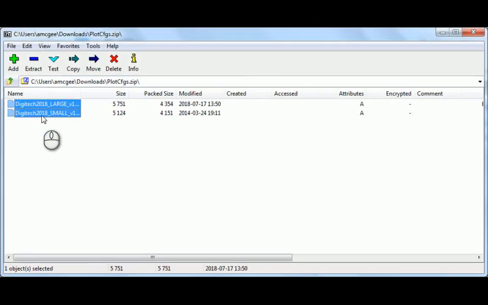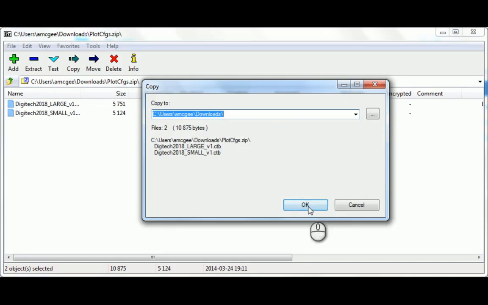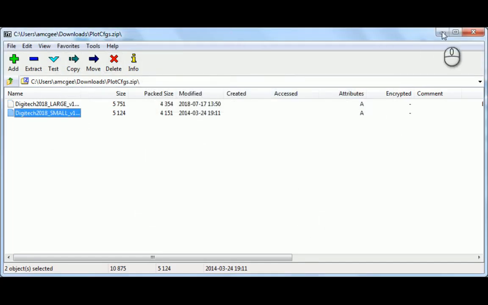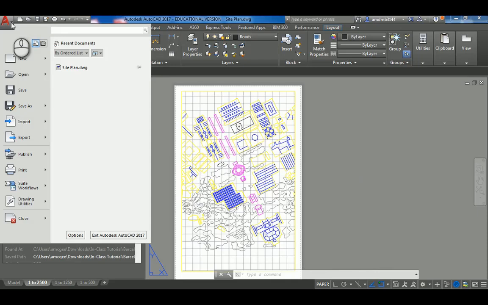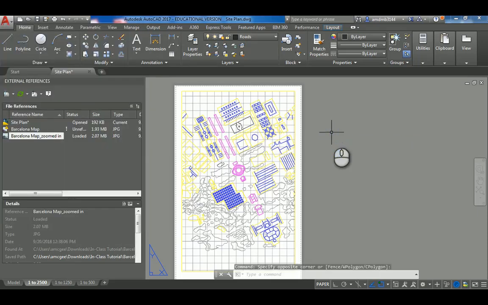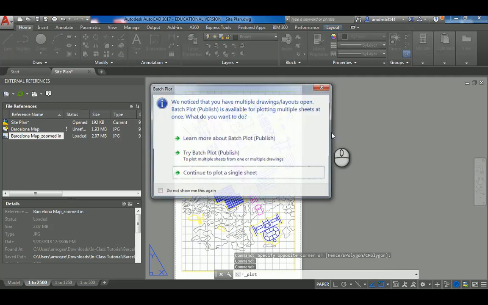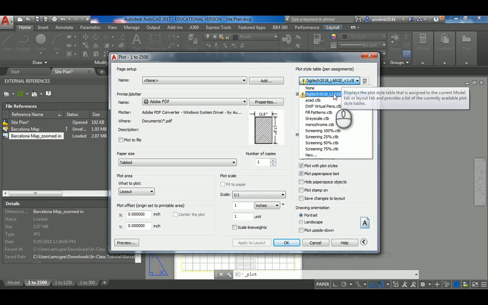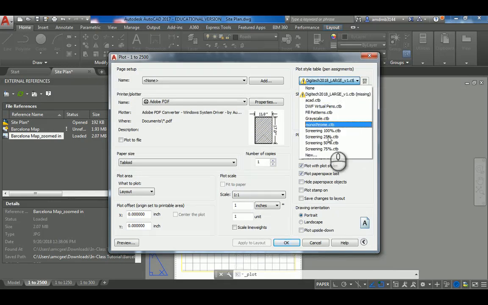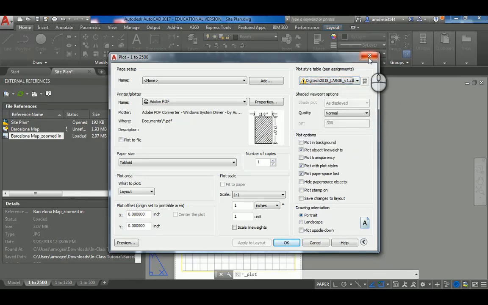I'm just going to extract those to my downloads. Go back to CAD. So when I search for my plot styles, I want to make sure that where CAD is looking for the plot styles when I open up my print dialog menu is a preset spot for us to locate these plot styles. So what I want to do is copy these into that folder, and where that folder is located should be,